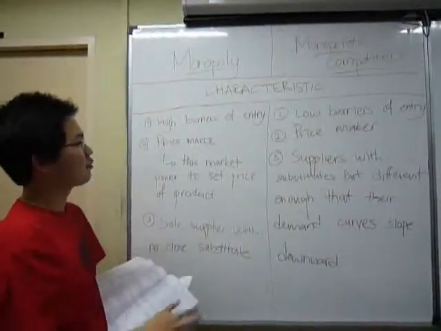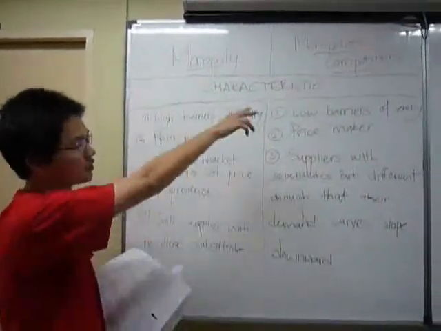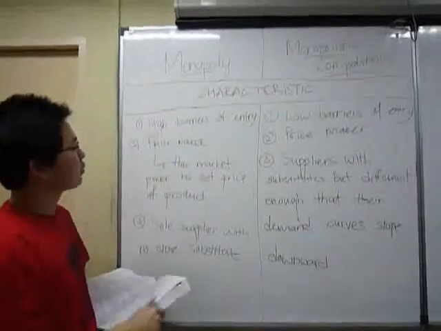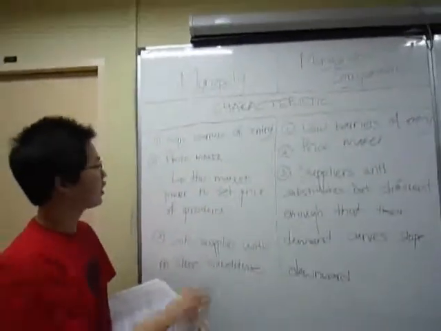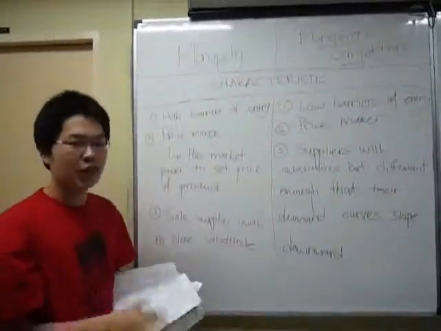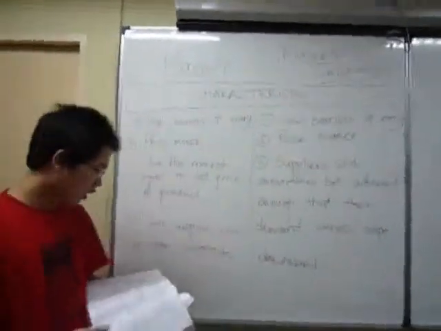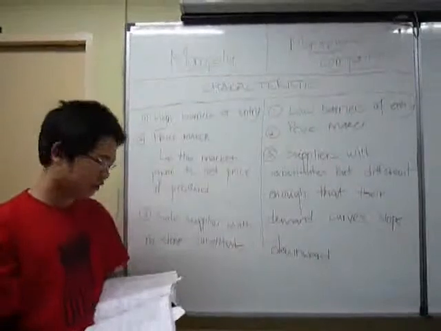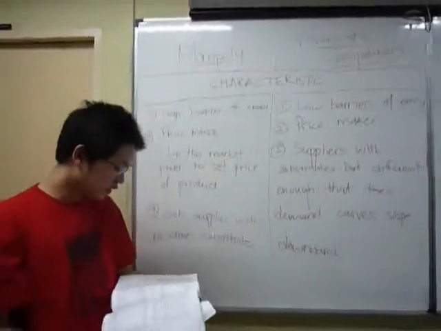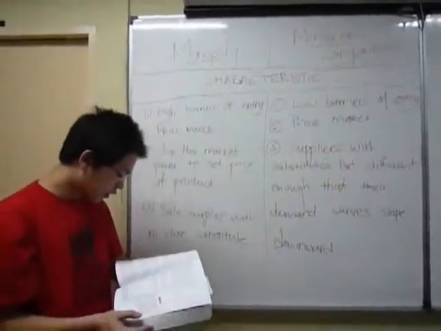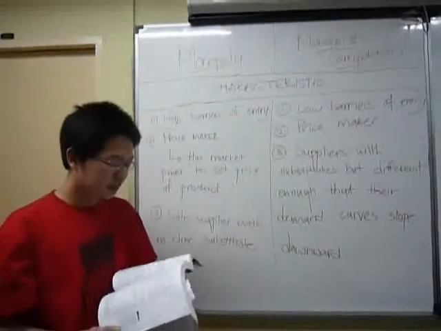Talking about the comparison between monopoly and monopolistic competition. Now let's look at monopoly characteristics. First of all, it's high barriers of entry. What does that mean, high barriers of entry? It simply means that it's difficult to enter the market. Why? Because of legal restrictions, such as patents and invention incentives, licenses and other entry restrictions, and lastly, economies